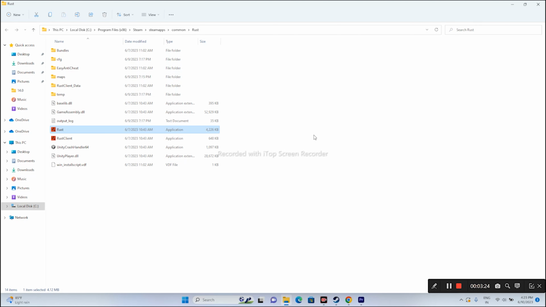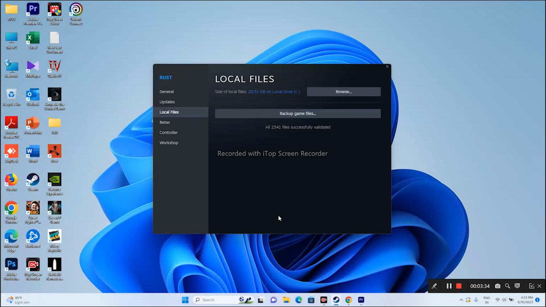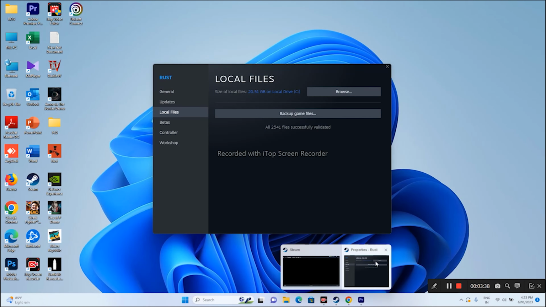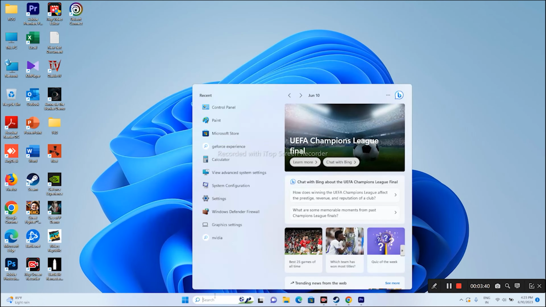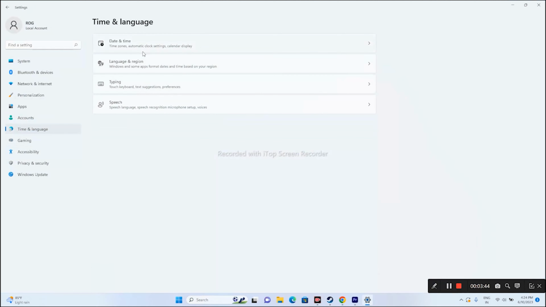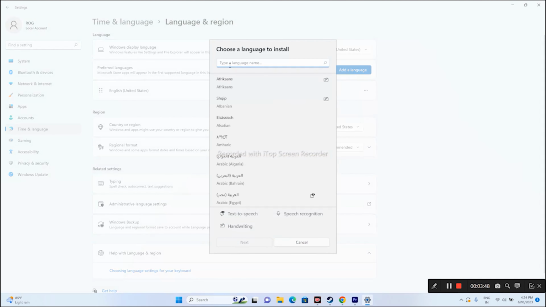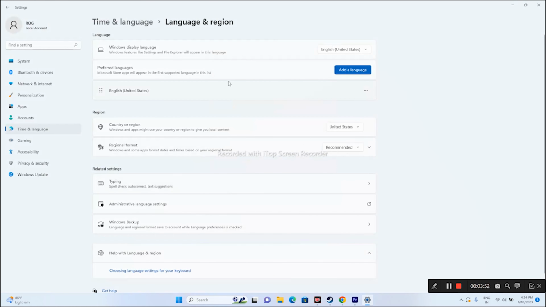That is all about we need to change the Windows language to English. For that, we just need to go over here in the search. Let me close this. Go over here in the search. Go to settings. Go to time and language. Go to language and region. From here, click on add language. Search for English. Once you set the language to English, try launching the game, and keep in mind you need